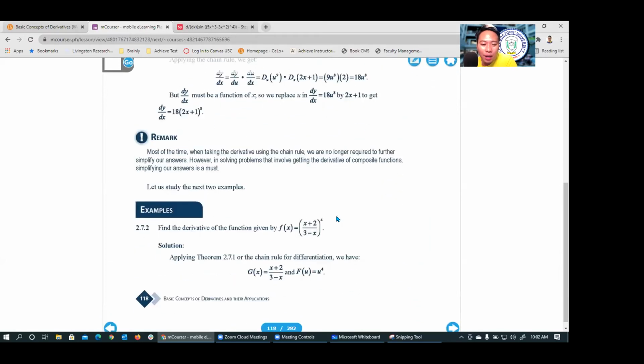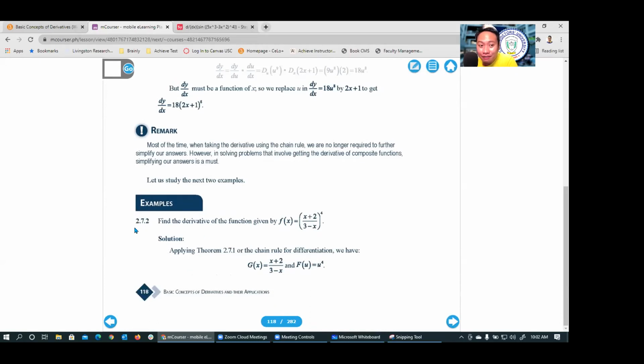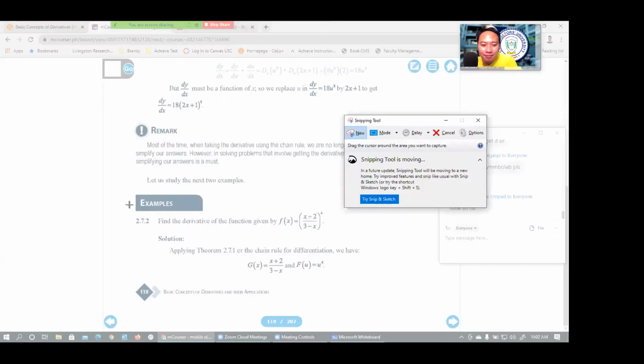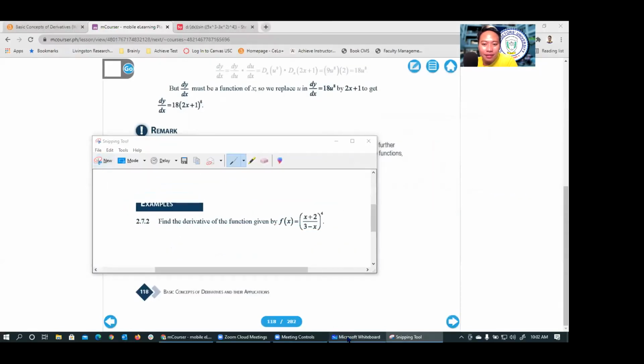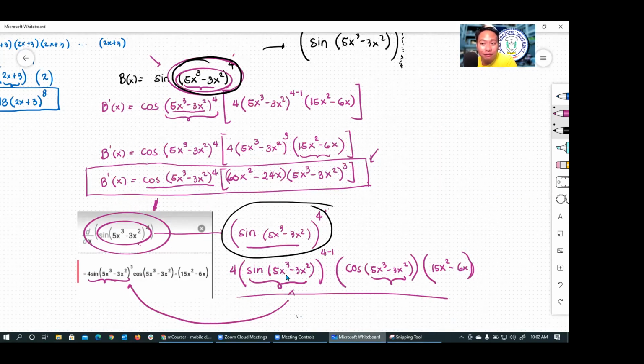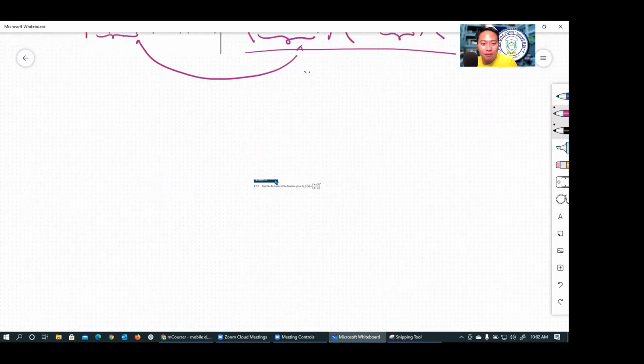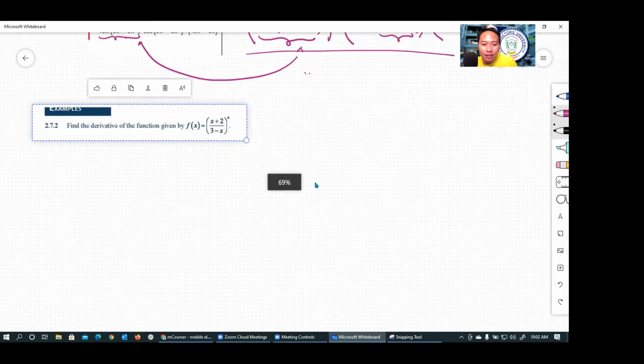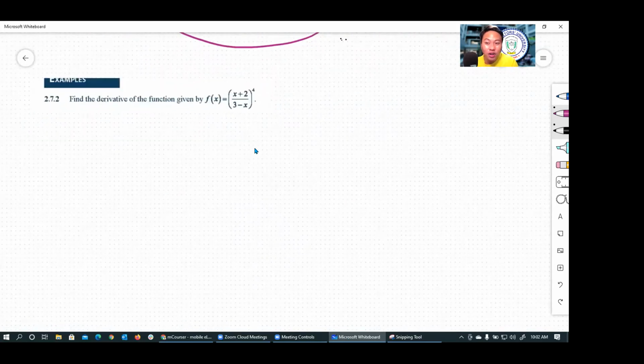All right, so I'm going to explain this example 2.7.2 because there's an error here, guys. The rest of the examples for differentiation in the book are good, they're correct. I just noticed that there's something wrong. Maybe when the author was writing the book, he was depressed or heartbroken, just kidding. Anyway, so let's start doing this.